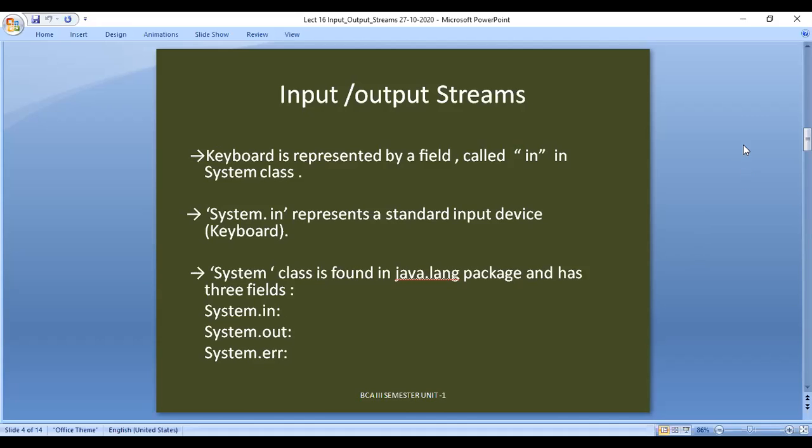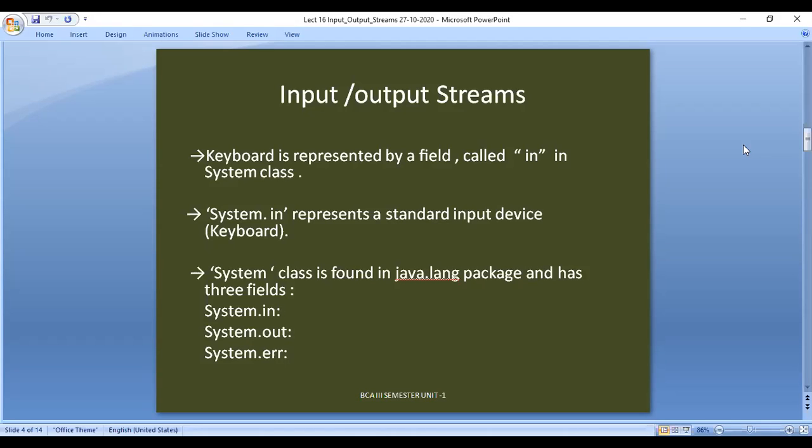This System class, which is part of the java.lang package, also contains other fields like out and err. The System class contains fields like in, out, err. These are special fields available in the System class, which is part of the lang package.